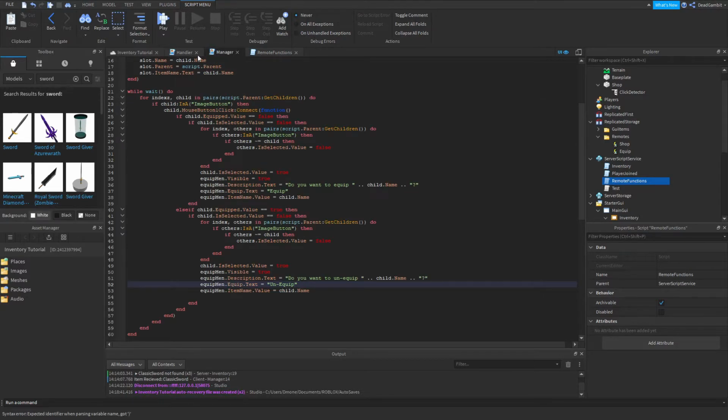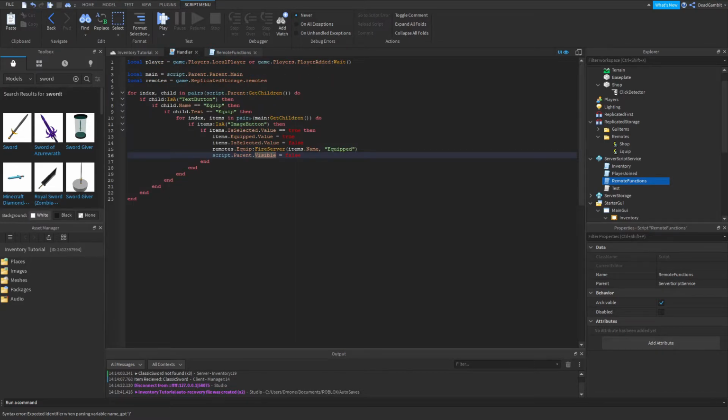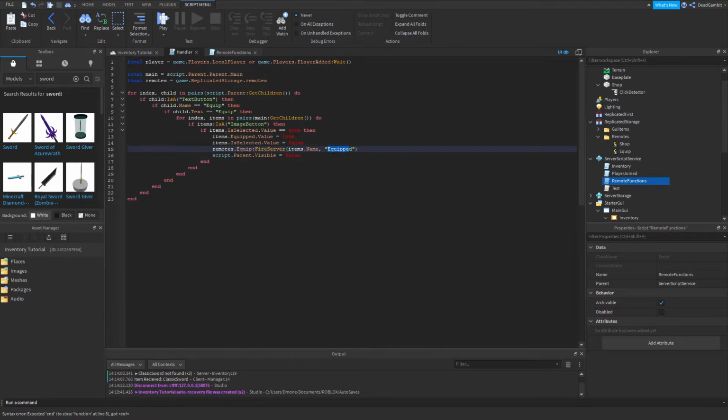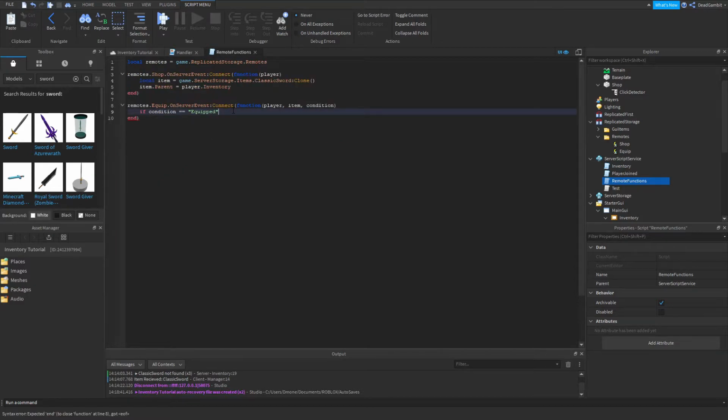If I go back here to the handler, we have two references. We have our item name, and we have a condition. So we'll have item, condition, and we'll do if condition is equal to equipped, just like it says here. We're sending this text as a condition, equipped. So if condition is set equal to equipped, then